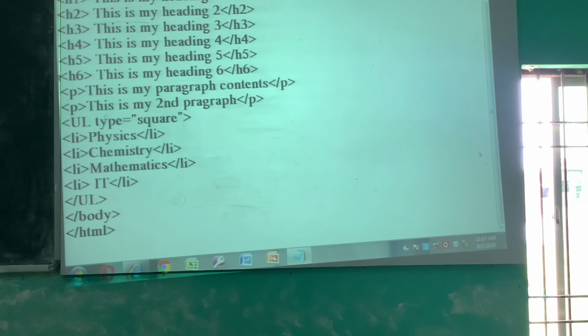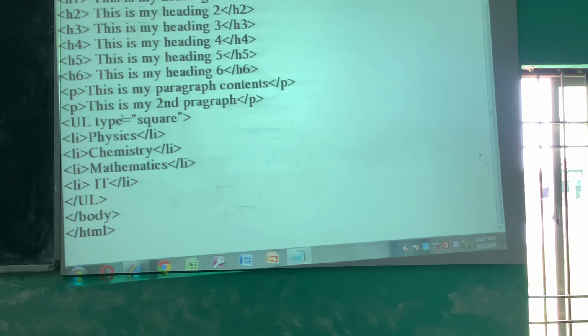Okay, UL, this is the UL part, and this is the closing /UL. I told you many times that if there are attributes in a tag and you want to use them, don't use them in the closing part of the tag. They are always written in the opening part.